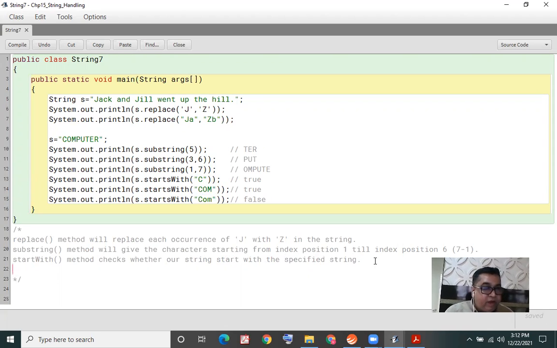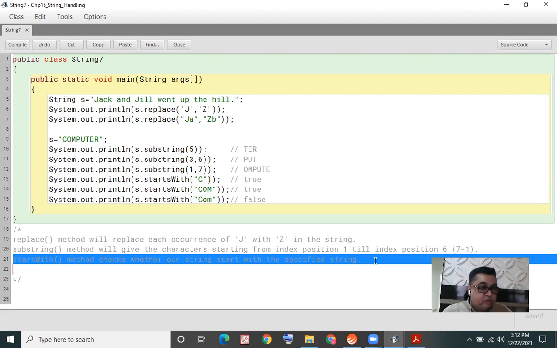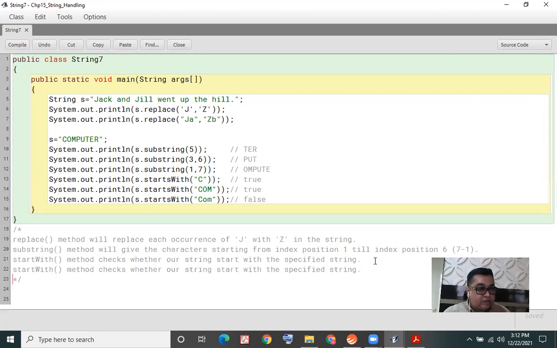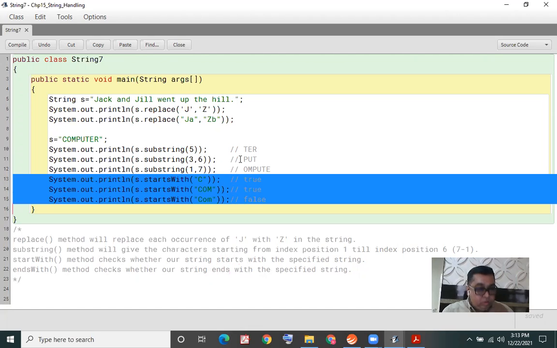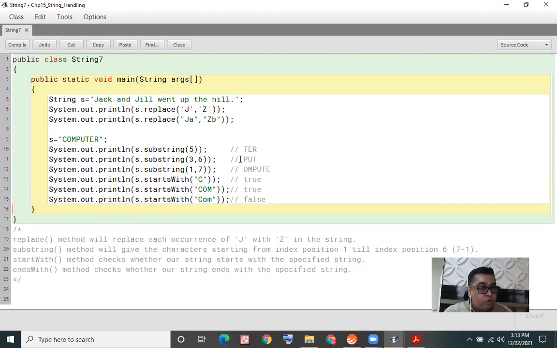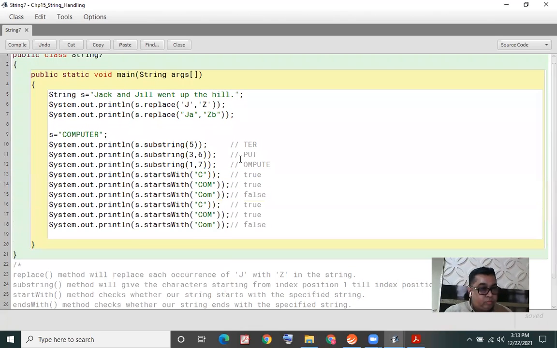Now similarly we have ends with also. So let us do this method now, the last method for the day. Ends with checks whether our string ends with the specified string. I'll do three examples for this also.